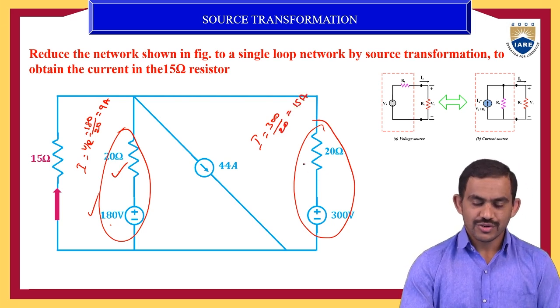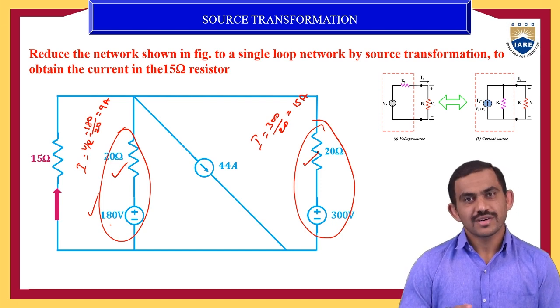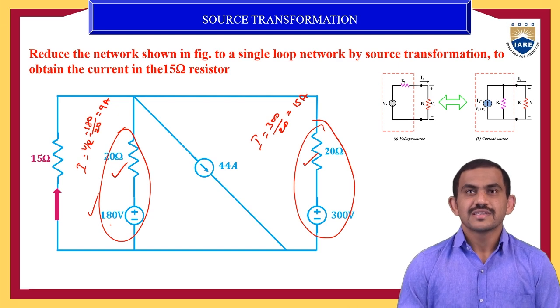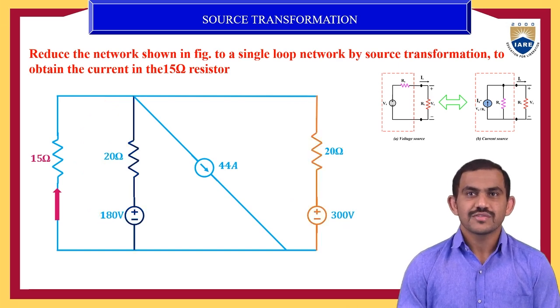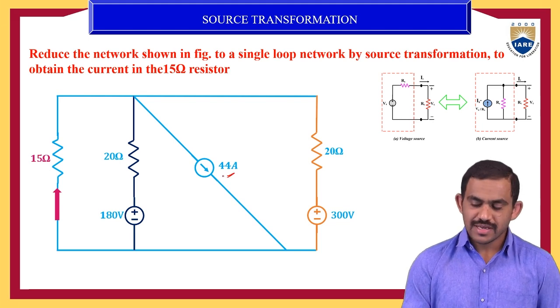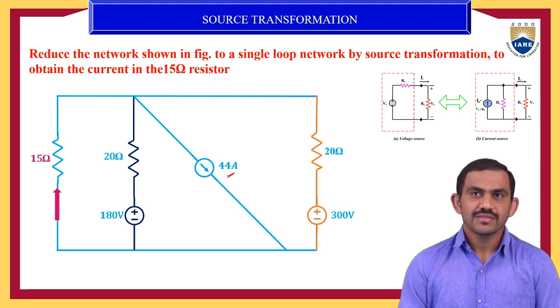and resistor 20 ohms. Now your voltage source and one resistor can convert it to current source and same resistor value. Now check it. So this is your circuit. Now you are converting. Here 44 amps is always downward direction, so it doesn't change that value and the direction.